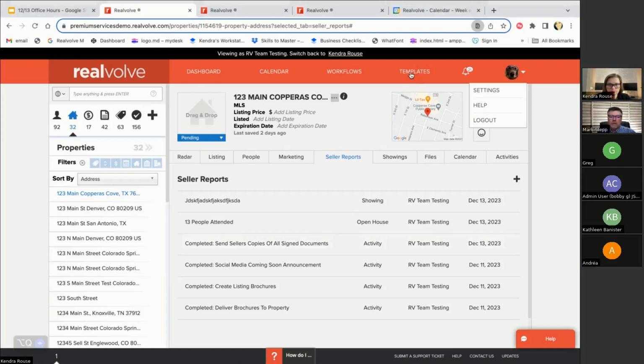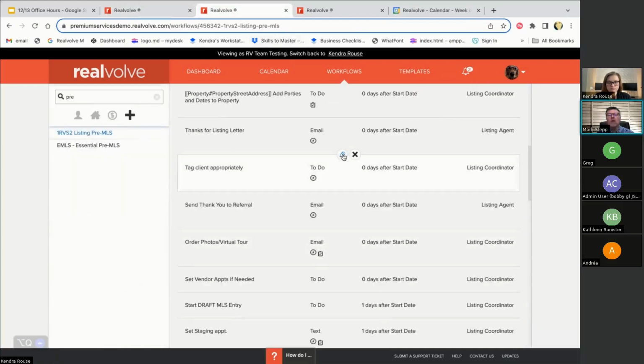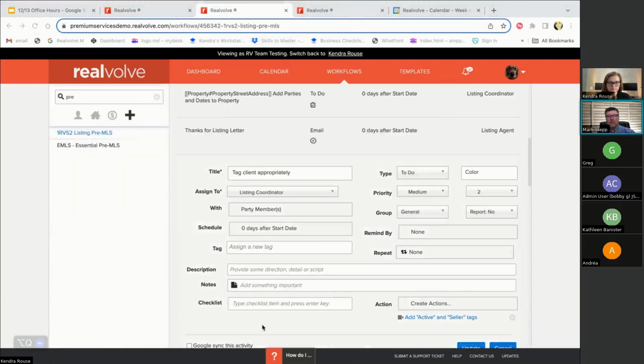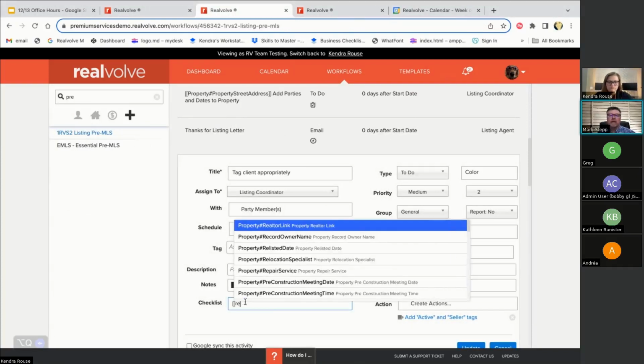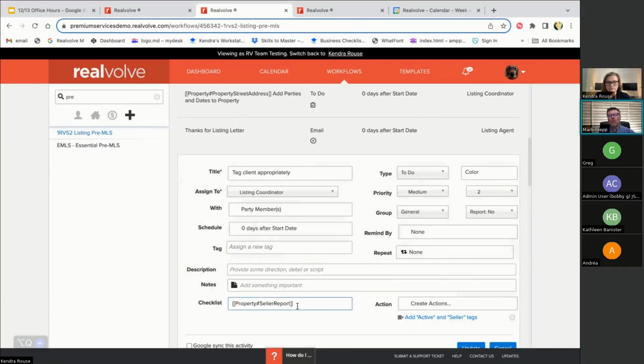The other thing that you can do, and I'm not seeing additional questions there, but so the options of getting it into here is the plus or the report, but you can also add in the checklist area, you can add a merge field. And it's the seller report merge field. So what would happen in that case? So if you go down your checklist, bracket, seller report, what that does then is whenever the activity comes due,